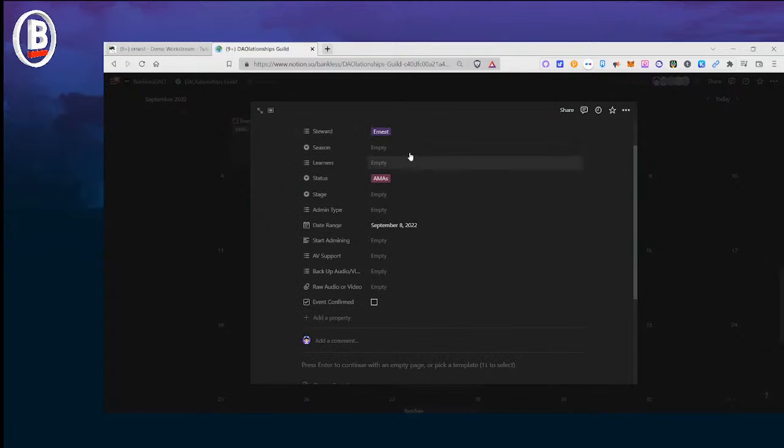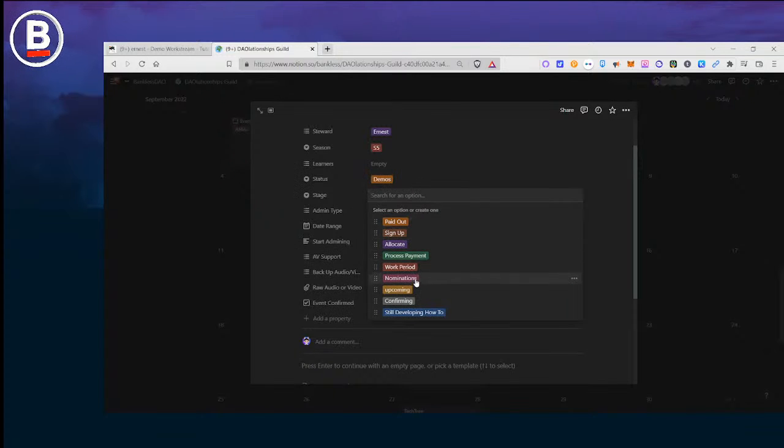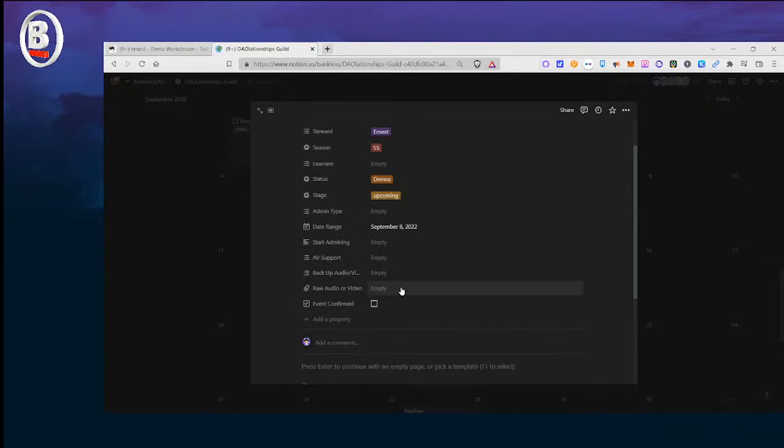They would fill out the season, the status, which would be a demo, and the first stage of development for this would be that it's upcoming, right? And the admin type is going to be event coordination.